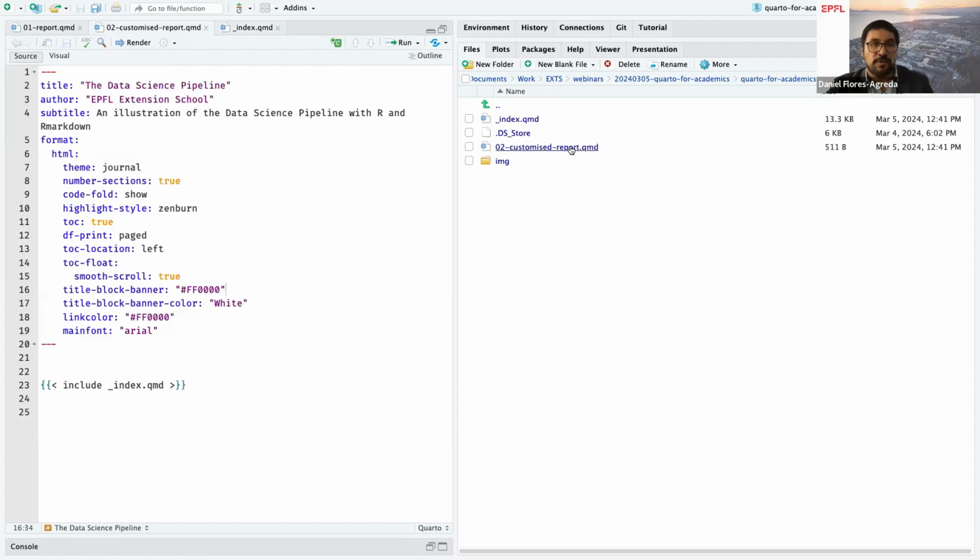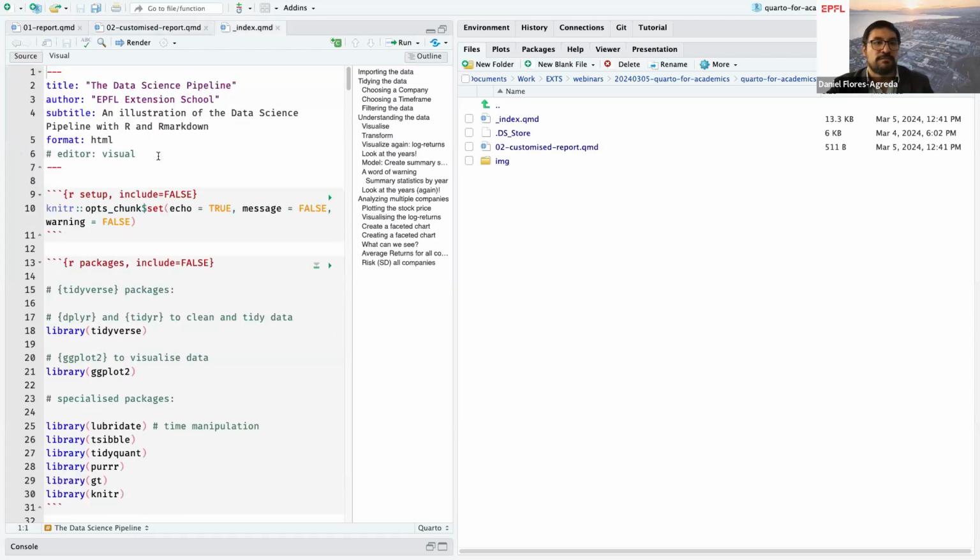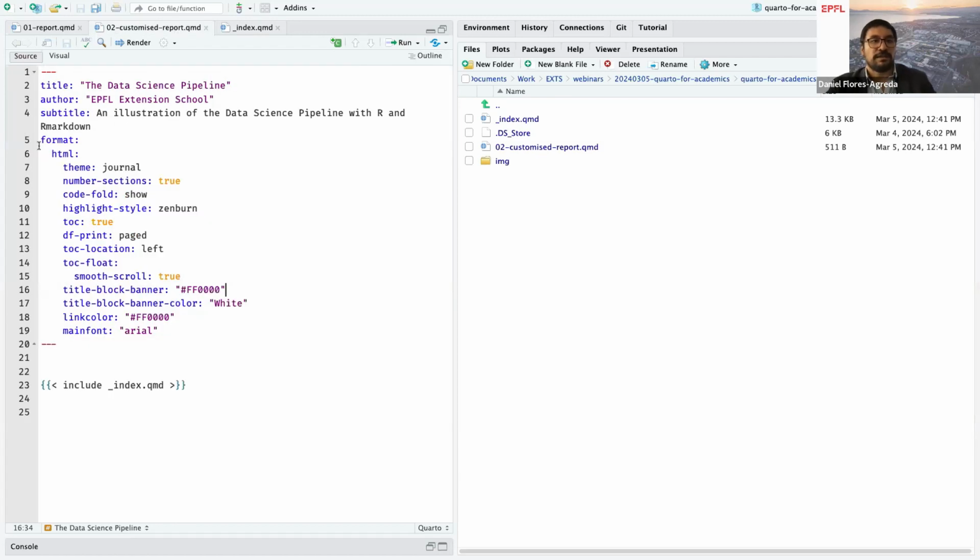And the customized report is actually just changing the YAML header. Okay. So if you compare the original YAML, which is relatively simple, it has title, author, subtitle, and the format. Here it's a little bit more complex. The format is still HTML, but I add some parameters. For instance, I want a particular rendering theme. I want the sections to be numbered. I want a button to